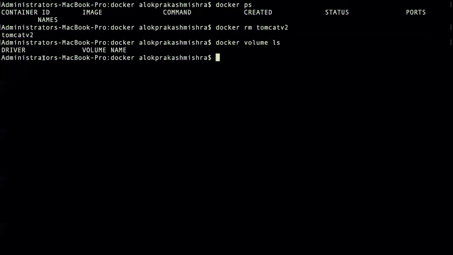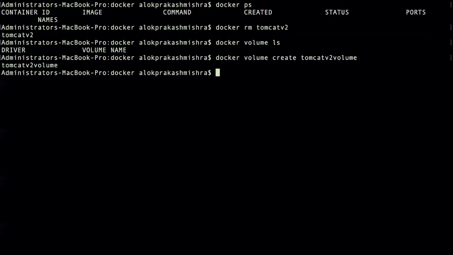There is no volume currently, so you can create one with docker volume create tomcat v2 volume.